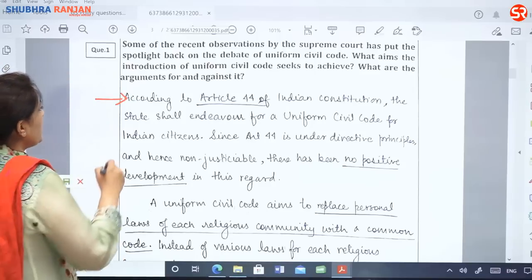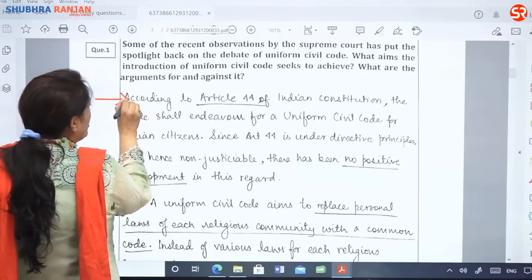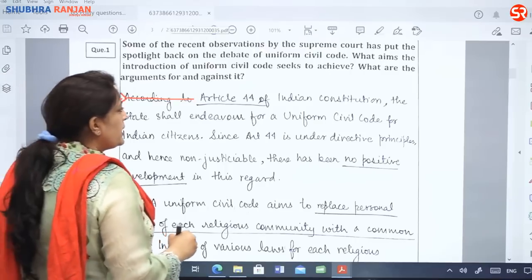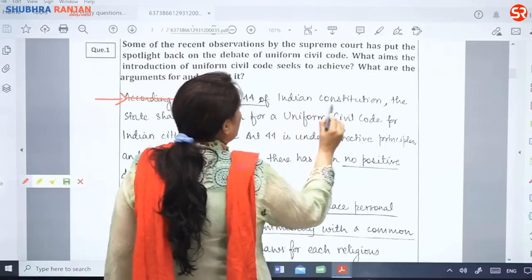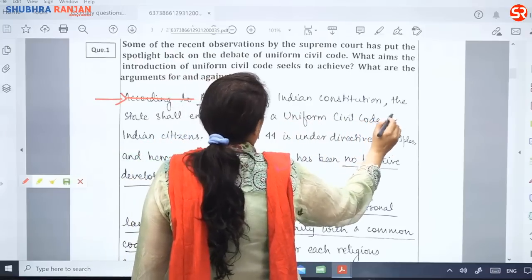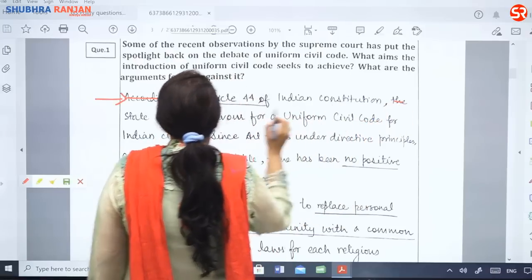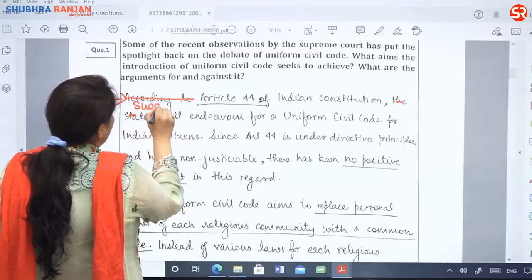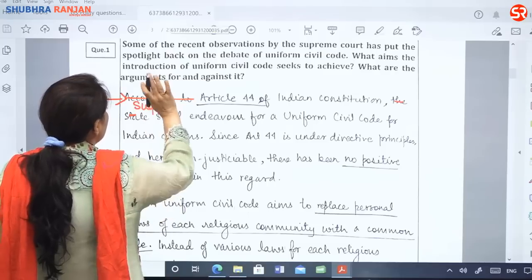So you can avoid this word "according to", you can directly say that Article 44 of the Indian Constitution suggests that, or Indian Constitution